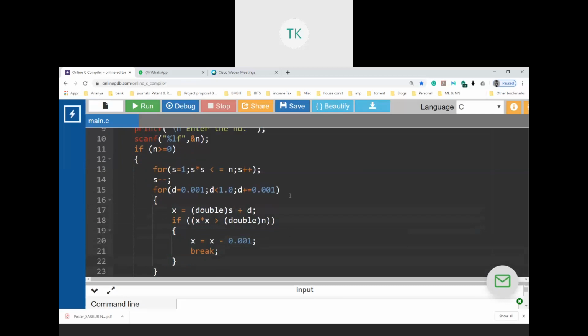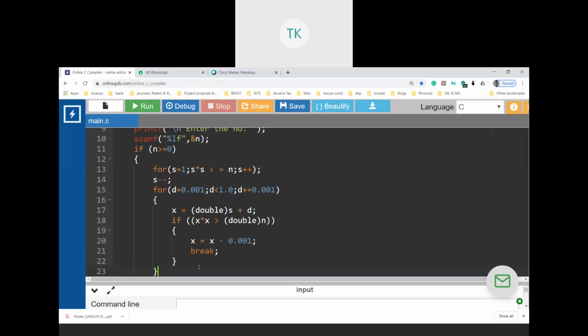Okay, let me just explain this for loop. The square root of 29, you said it is 5.385. So we need to get 385 here. So how do we get that fractional part? I'm starting the fractional part of a square root number from 0.001. In this for loop I have assigned D to 0.001.